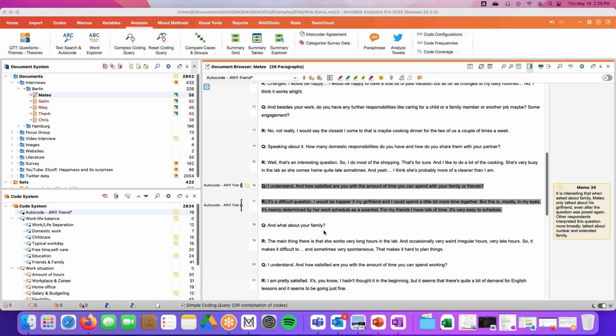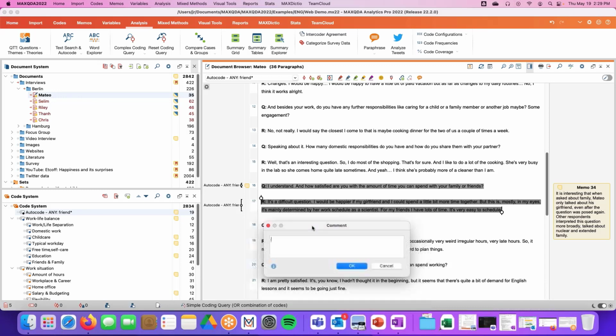So I have this general concept of friend, and I want to explore what that might mean and maybe some different ways that I could develop a coding scheme to talk about that, or to categorize that, or to just conceptualize it as I go throughout my project. So what I can do is come into my auto code and annotate here. If I read through Mateo's response, he's talking about spending some more time together. He's talking about the problems, defined as the schedules are difficult or things like that. So we might put in here time as a keyword, or